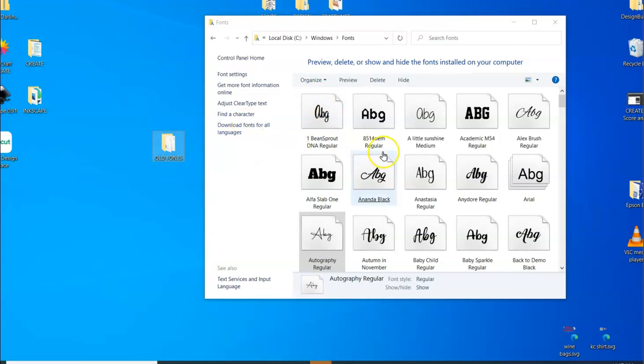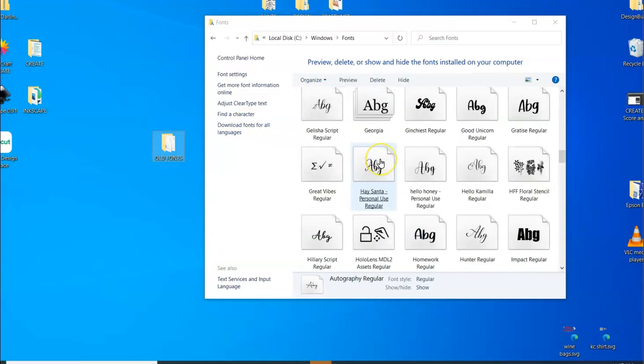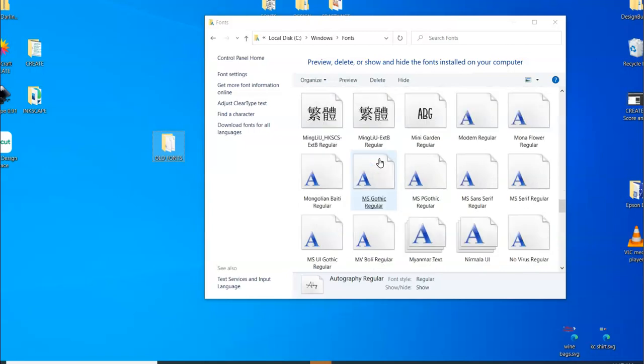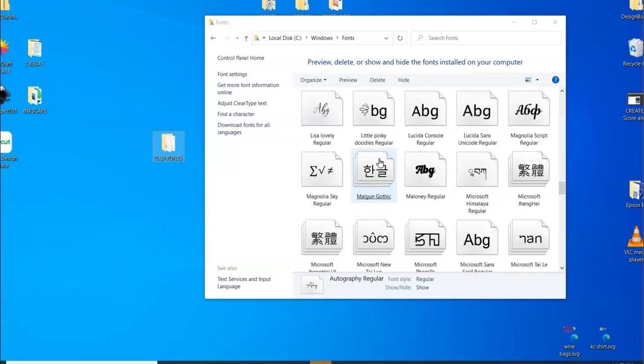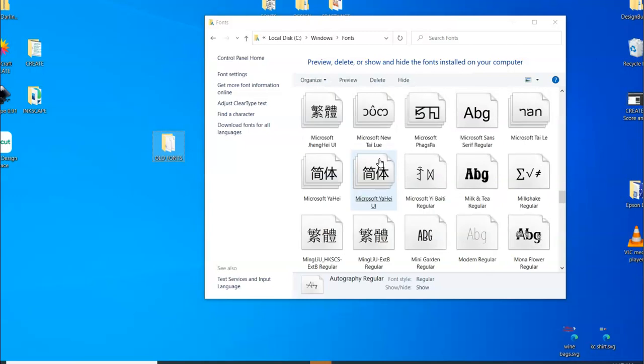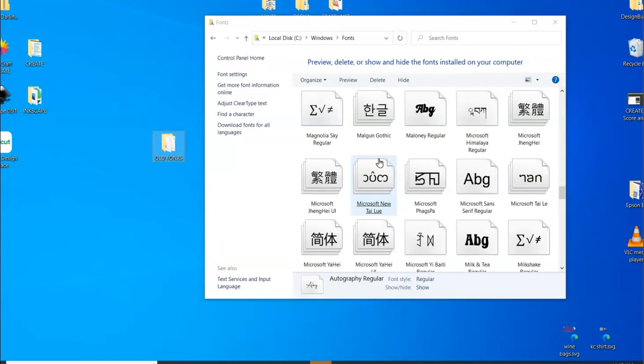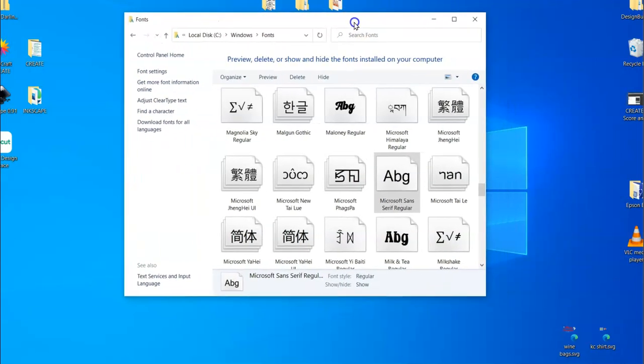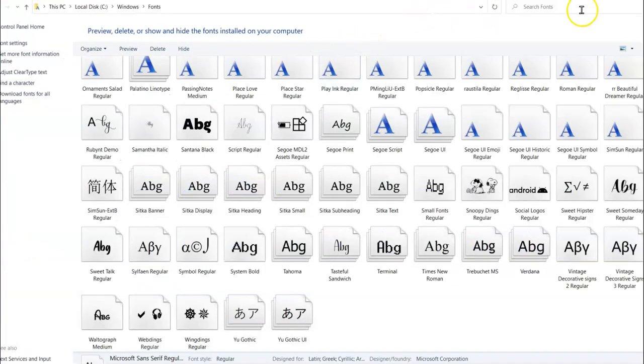I'm not sure if you can copy any of the pre-installed. Let me get down here to the Microsoft ones. Let's see. Microsoft Sans. I'm not sure if you can copy those or not. But anyway, once you get those in that folder, then you can,